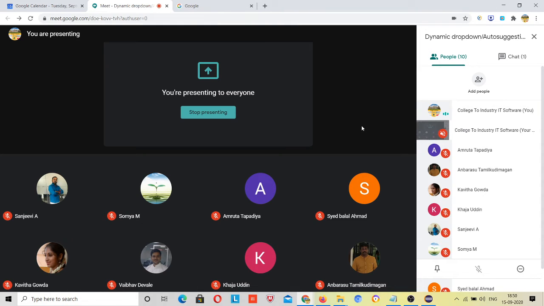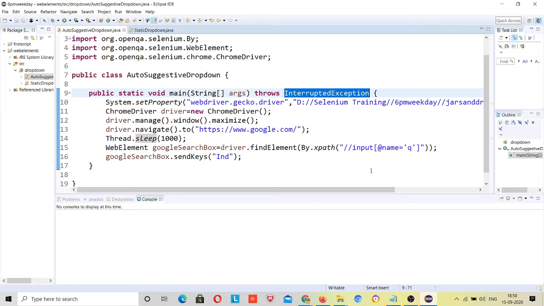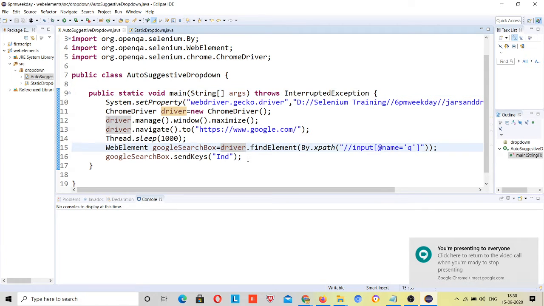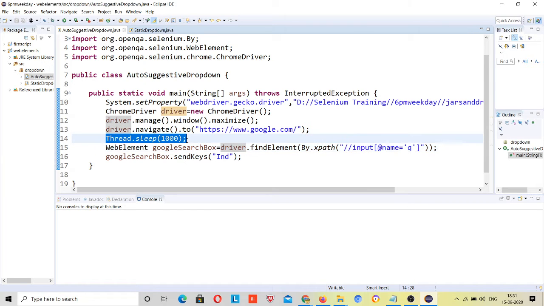Once we complete our Selenium waits, then we will use implicit or explicit wait. Until then we are using thread.sleep, right? Although this is not a good practice, for time's sake we will use this.